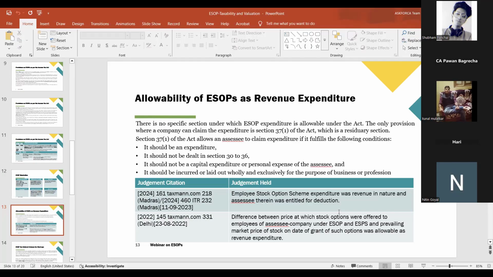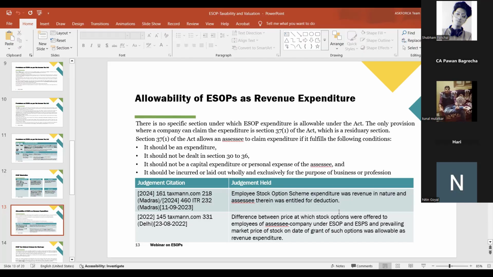जो इसमें डिस्प्यूट है, मेनली यही रहता है कि ये कैपिटल एक्सपेंडिचर में कवर होगा या रेवेन्यू में कवर होगा। बाकी कंडीशन हमारी क्लियर है, जो मेट होती हैं, एंड इट शुड बी इनकर्ड और लेड आउट वholly और एक्सक्लूसिवली फॉर द बिजनेस पर्पस। तो बिजनेस पर्पस के लिए एक्सपेंडिचर कर रहे हैं, एक्सपेंडिचर भी है, और प्रीवियस जो 30 to 36 सेक्शन हैं उनमें कवर नहीं होता, और पर्सनल एक्सपेंडिचर भी नहीं है।